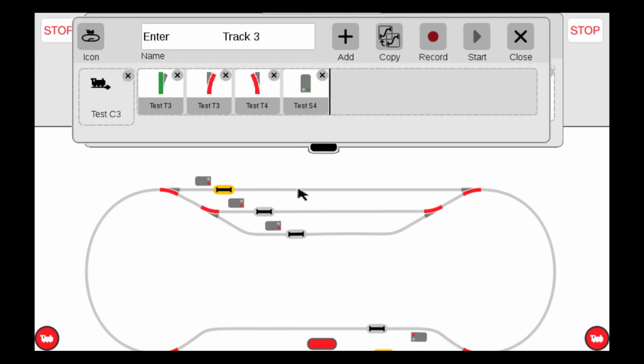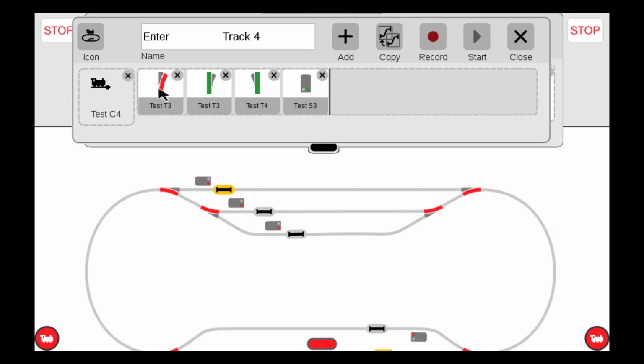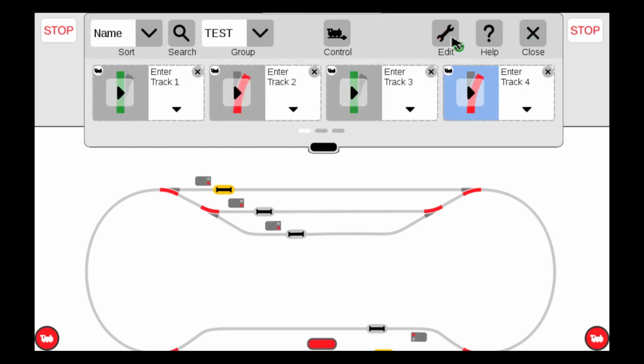Enter track 3, that's this one here. When I enter track 3, what should happen? When I enter this one, those two will be green, so they stay green for 2 seconds, then turn to red, and then the S4 is turned to green, so that's also good. And for the enter track 3 here, when it enters, those two will be red and they stay red for 2 seconds, then switch, and then the S3 is turned to green. Okay, so all of this is